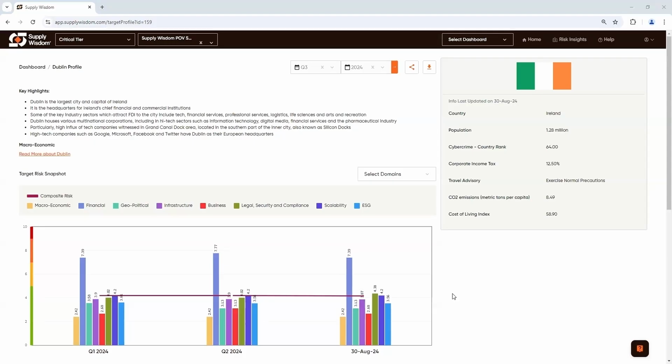So we just took a look at the profile level view for a third party. What I'd like to emphasize now is that everything we described about the structure of data at the third party profile level also applies to the structure of data at the location profile level. Whether it's the profile of a city or a country, you can expect to see data presented in the same way. So what does that mean?